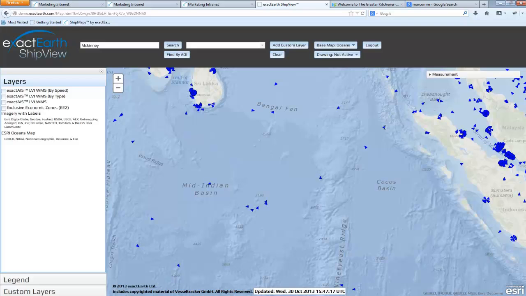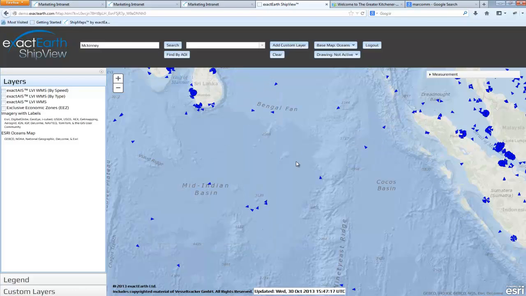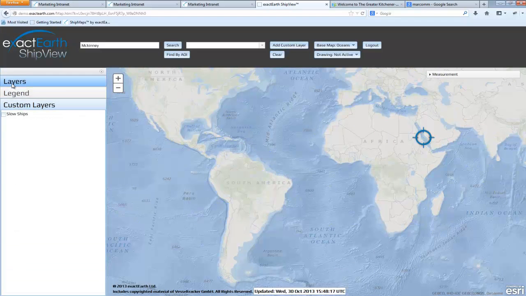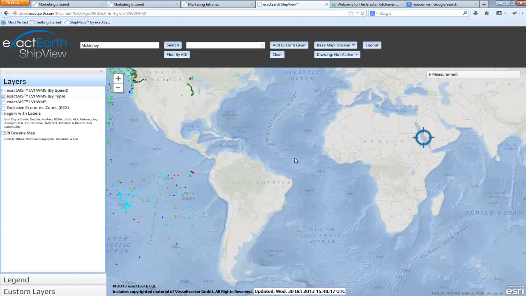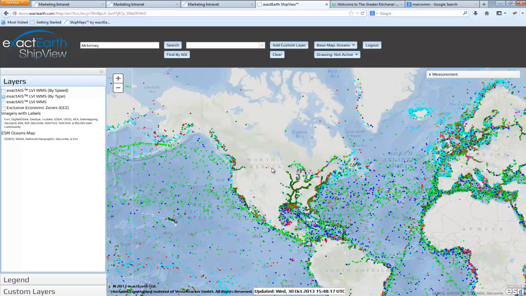Anyways, that's going to wrap up our demo in ShipView with this last bulk China here. As we see, it stopped basically just off the coast going into the Straits of Malacca. So anyways, in short, we have shown applications that have been developed to interact with our geospatial web services in the desktop and web environments.